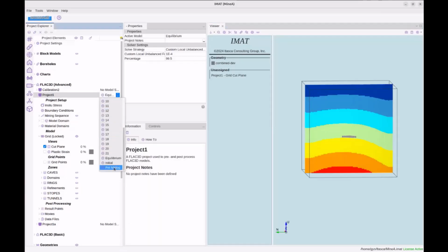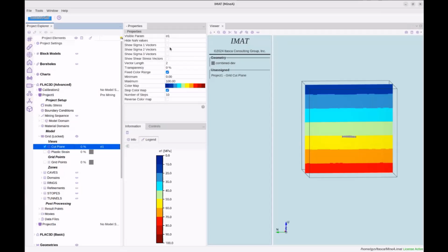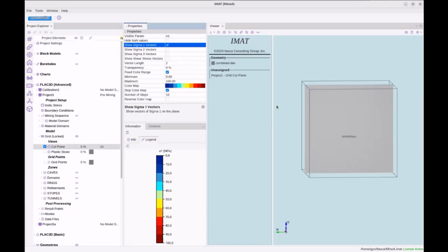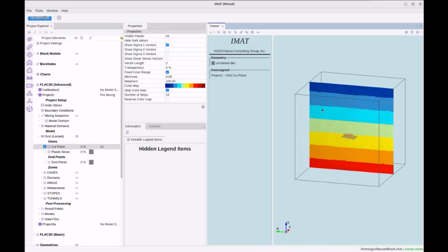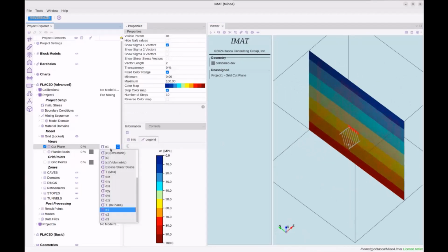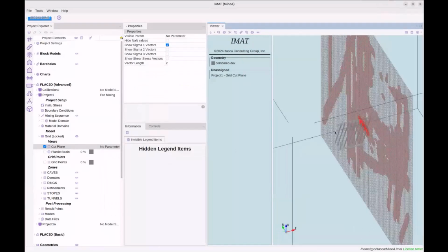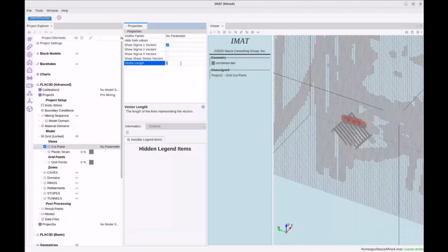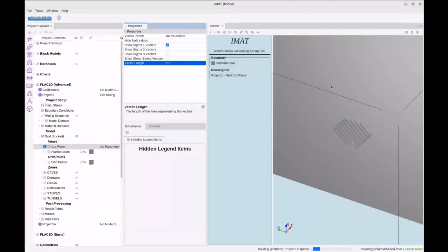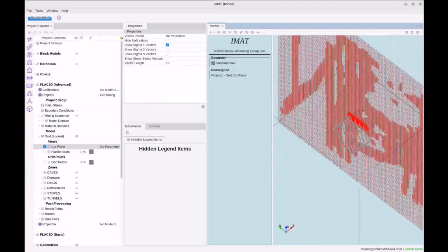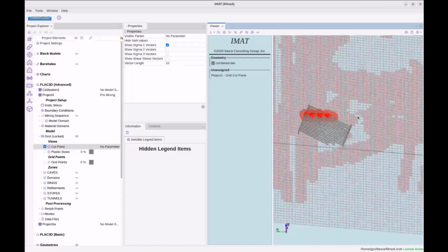I'm just going to go back to the pre-mining quickly, and I want to show you some useful features on the cut plane. So currently, I'm just visualizing contours for the visible parameter Sigma 1, but you can also visualize vectors. So for example, if I want to see what the direction of the Sigma 1 is in this area, let me just turn off my contours. So I'm not going to show any parameter, but just the vectors. And what I'll do is I'm just going to make them a little bit longer so that you can actually see something. I can see the directions of the Sigma 1 vectors